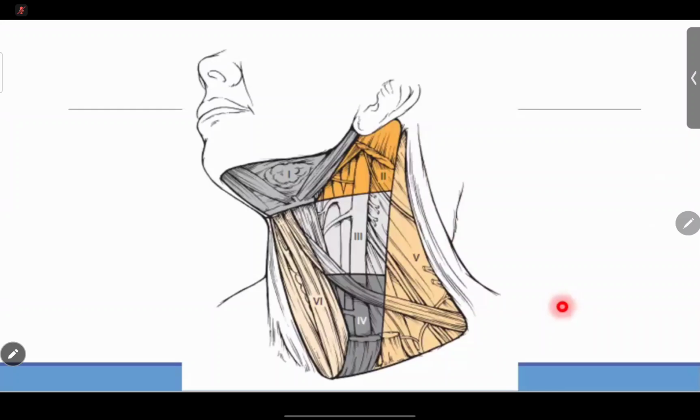So this is what I mentioned, why it's important to know the different triangles of your neck, because you can easily memorize the different cervical lymph nodes. So always remember, for the different groups of lymph nodes, only level 1A, or your submental triangle, and your level 6 have no laterality. So there is no left and right. What has left and right is first your level 2, level 3, level 4, and level 5. Okay?